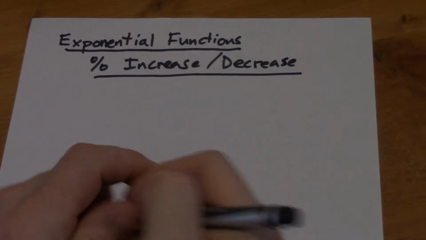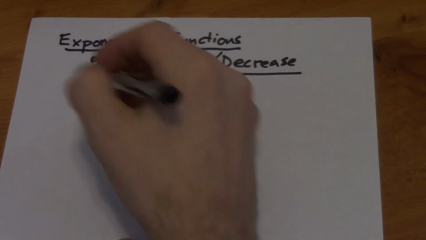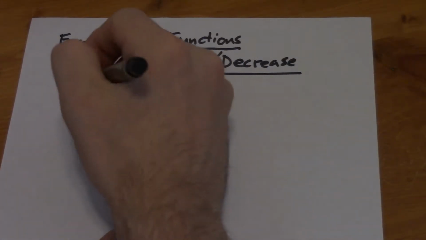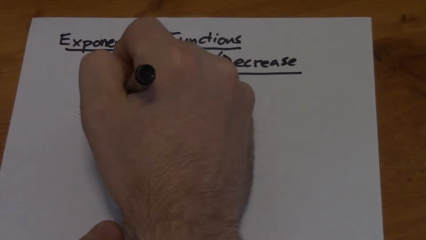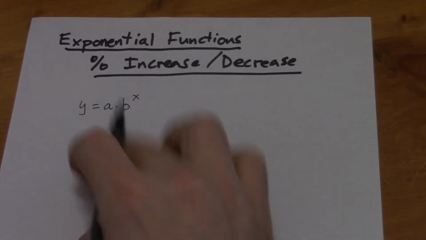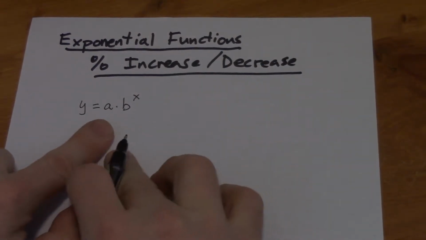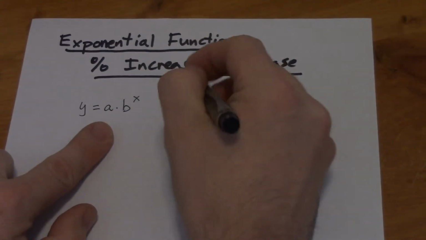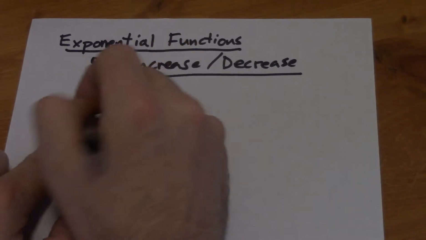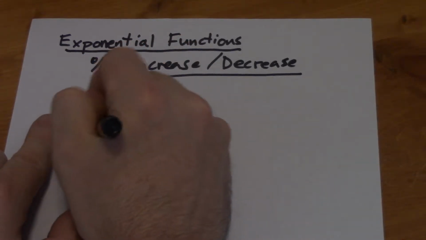Hello class. So last time we were talking about exponential growth and exponential decay. Remember our standard equation was a times b to the x, and that was our standard exponential function. And then we had conditions on b, right? So if b is bigger than 1,